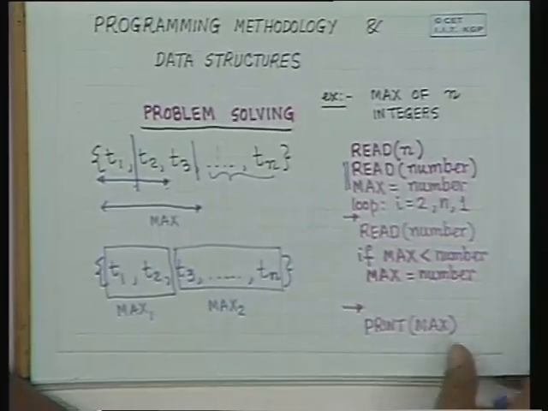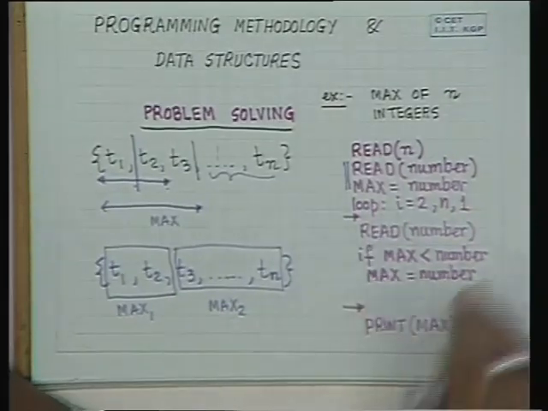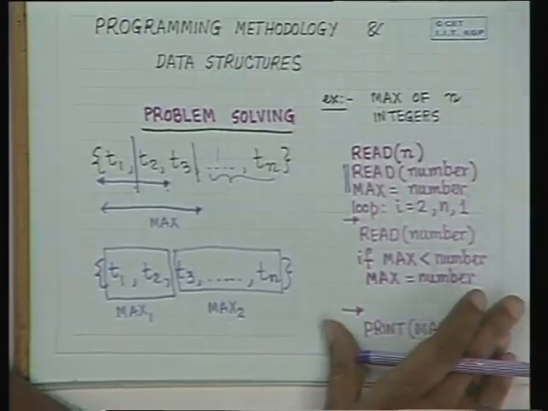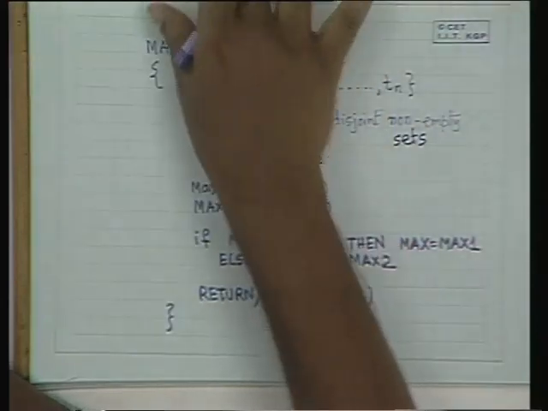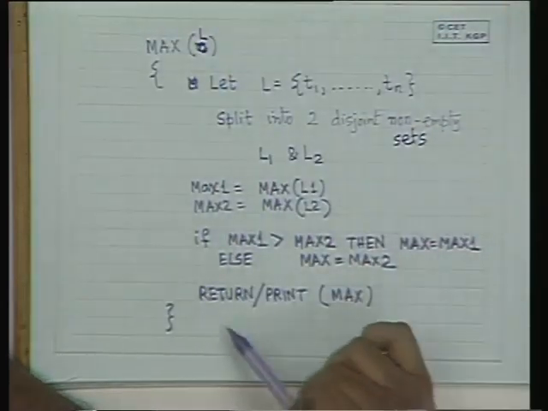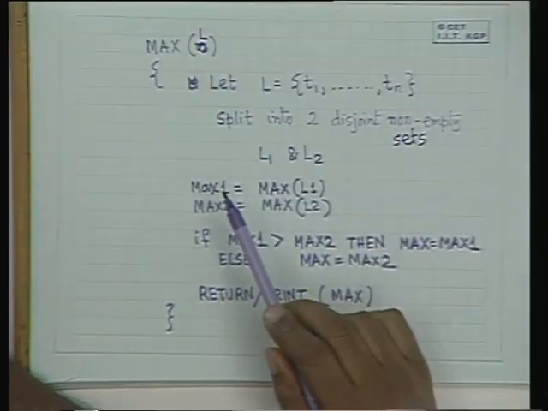Now you will see that the program that we had written here is a special case of this general decomposition. Okay? So when you solve a problem, the first part which comes in problem solving is what I would term